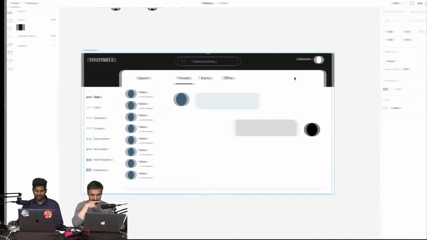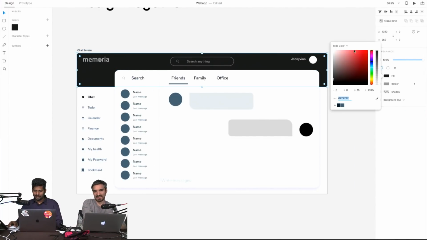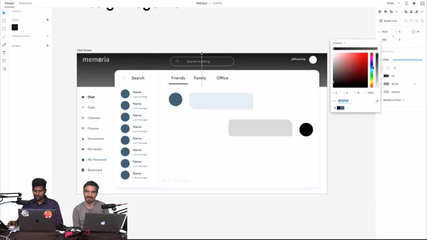Now I'm going ahead and changing my visual look. I plan to give a gradient. I can give somewhat proportional colors. I'm changing the gradient. I usually don't make it so bright, so that our concentration will be on the UI.